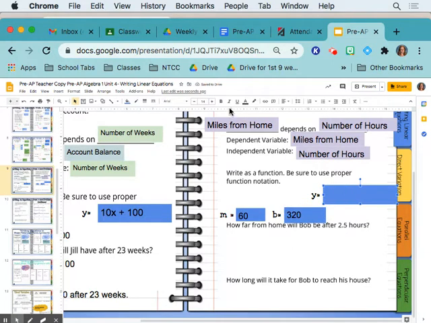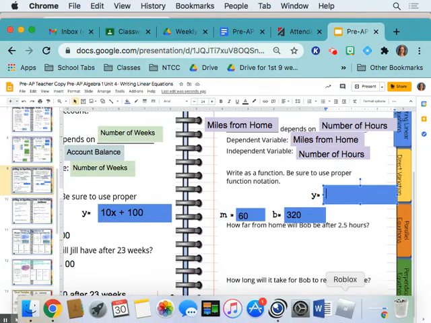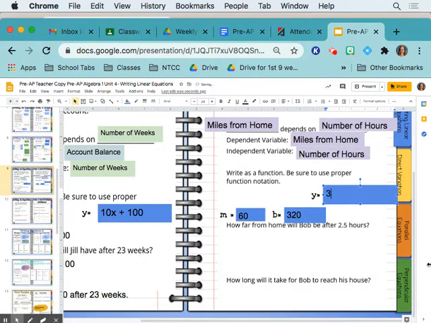Okay, so then our equation, what's that? 60x. It's what? Wouldn't it be subtraction? Well, what's our initial amount? 320. And then what's happening each hour? Subtraction. So it's actually, you can do it like this, 320 minus 60x, or